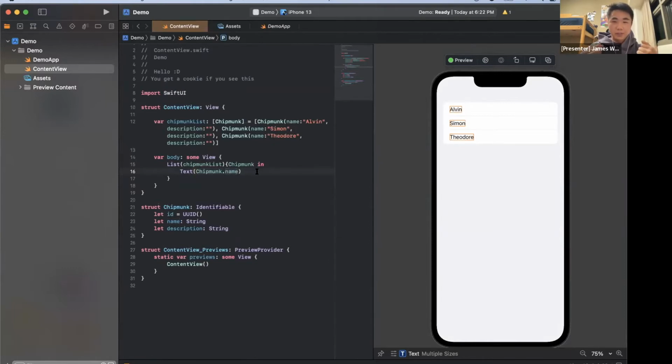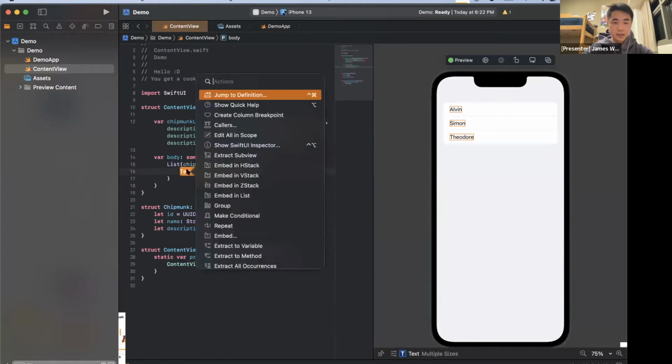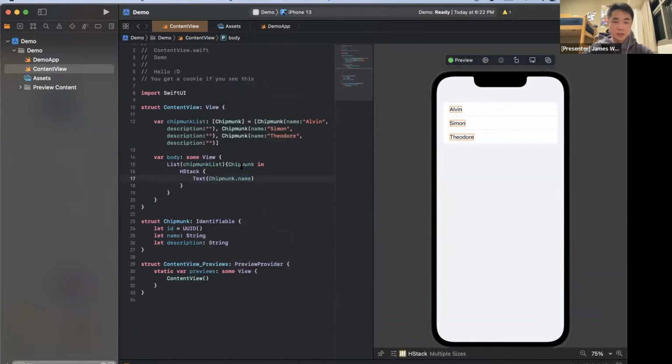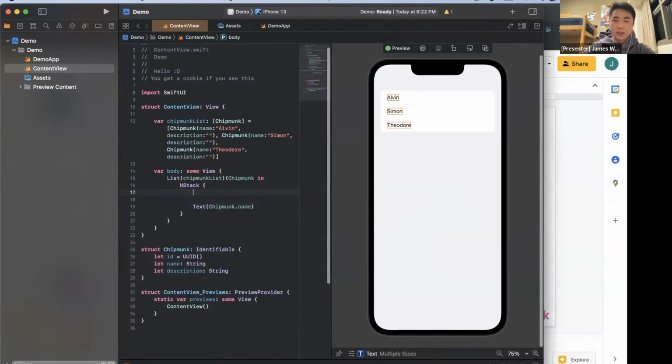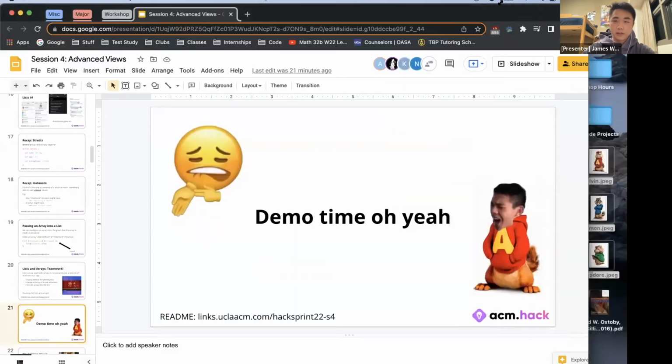Okay, great. But we don't really want to just have a list of the chipmunk names. Let's say we want to spice it up even more. We want to get descriptive. So what I can do is press Command on my Mac, and click text, and this really convenient pop-up shows up, and I'm going to embed this into an H stack. And what we can do is, if we had images we wanted to use, say I wanted to have an image of my boys, my homies, Alvin, Simon, and Theodore, right next to their names, we could, if you have an image,